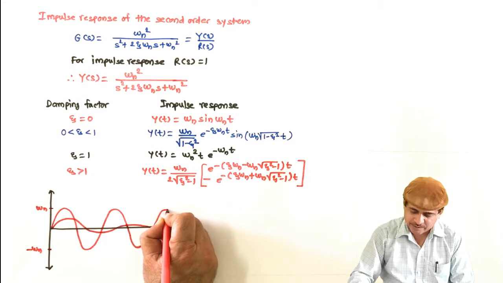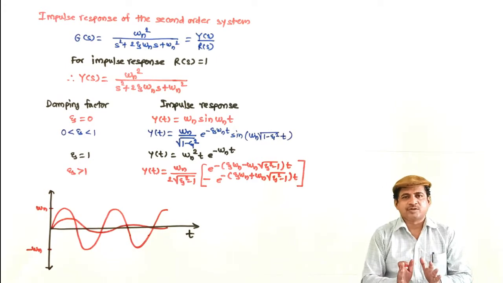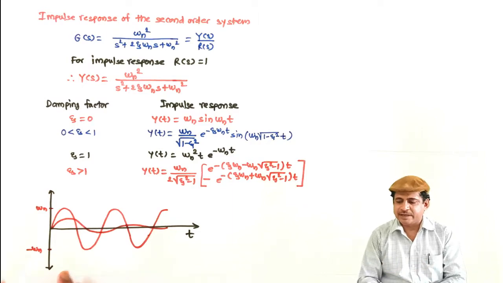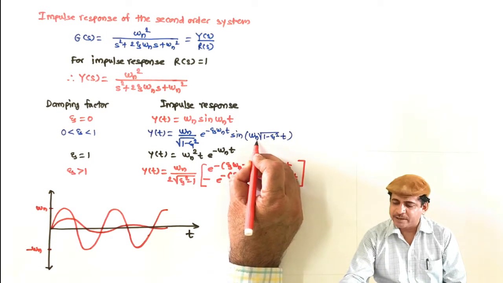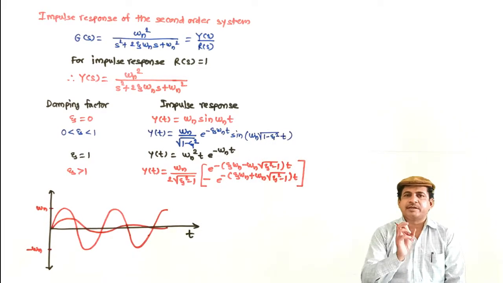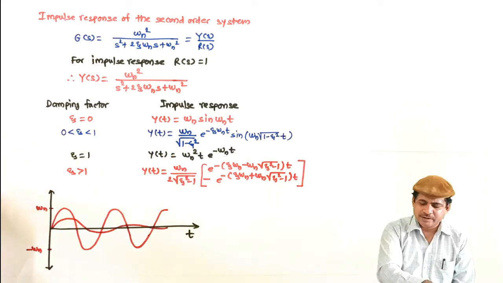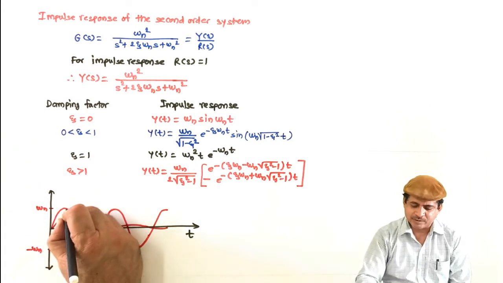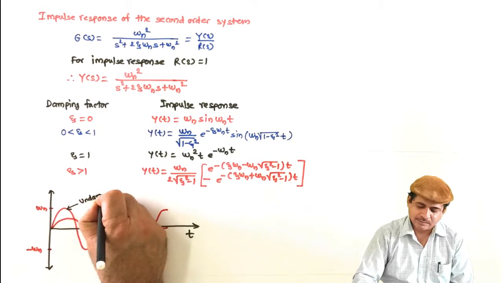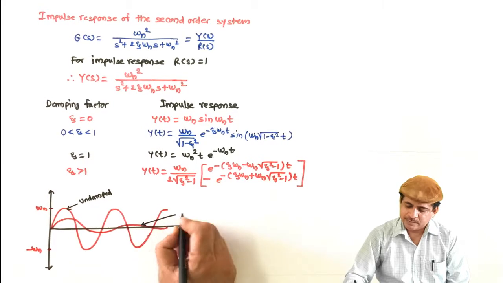And this is continuously oscillatory, and the oscillation frequency of this is something different, which is called the damped frequency, because it is damped due to damping. That frequency is nothing but omega n into under root 1 minus zeta square, also called the damped frequency, omega d. We will come to that point later on. This is just information I am telling you. So this is for underdamped.